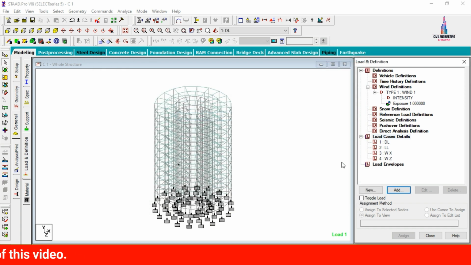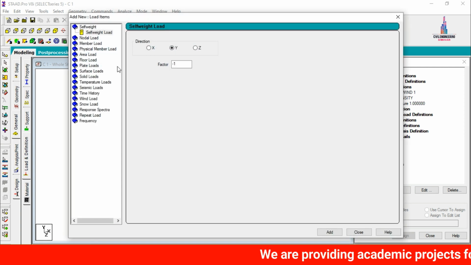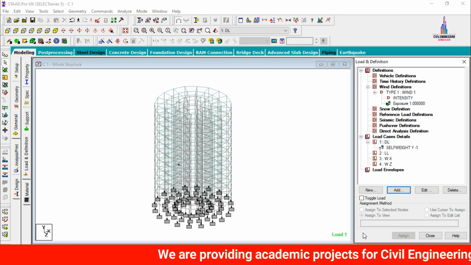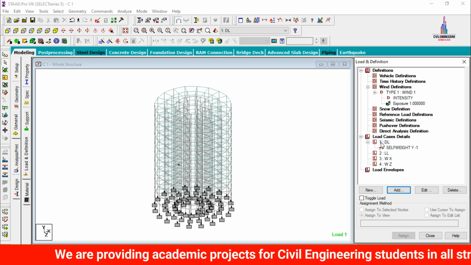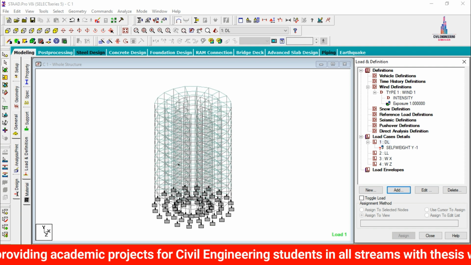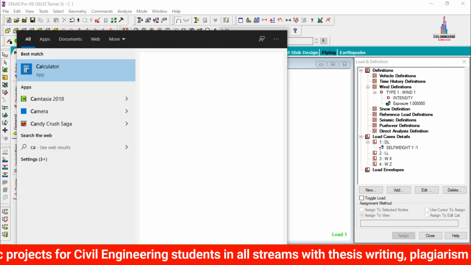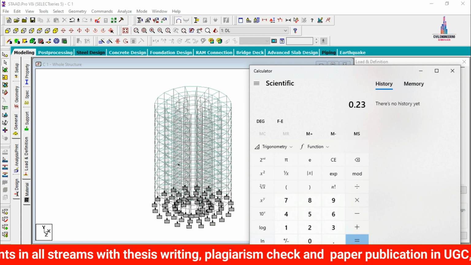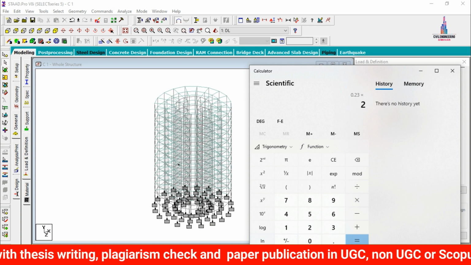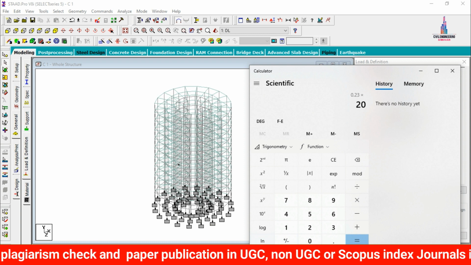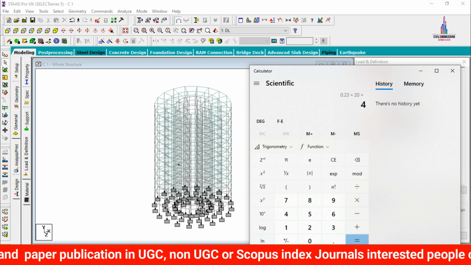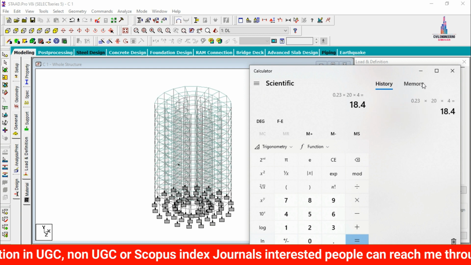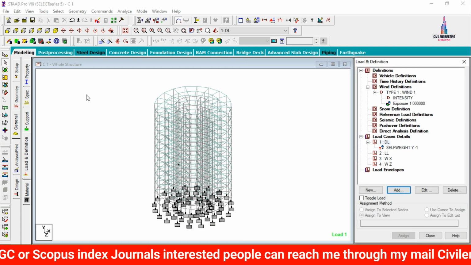After adding these respected load cases, we need to add the values related to the dead loading condition. Select the dead load, click on add option. Initially I am adding the self weight for this building. After that we need to add the external wall load, internal wall load, parapet wall load as well as your floor load. Firstly we have to calculate the external wall load for this building. Here I am considering the external wall thickness of 0.23 multiplied by 20 unit weight of the brickwork multiplied by 4 meter height, which equals an intensity of 18.4 value. We have to apply this 18.4 value for the beam sections.